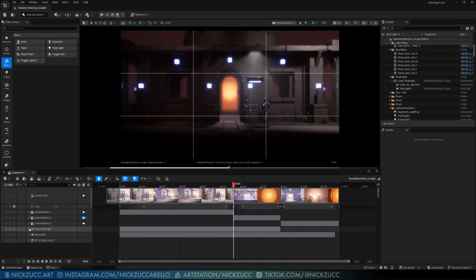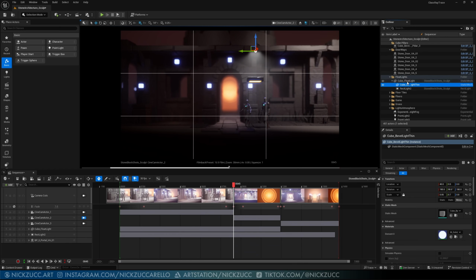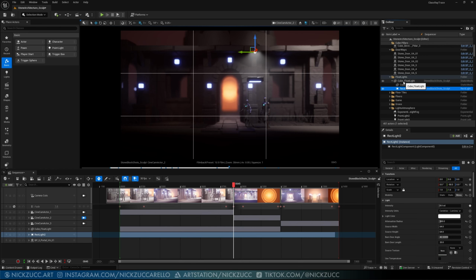So this motion, you can see that over here in the outliner, I've actually got these things parented to this. So this is the thing that gets the motion. And because this is parented to this, and then the light's parented to it, they're going to follow along with it. So I don't really need to worry about anything with the children under there. All I got to do is worry about the parent. And again,